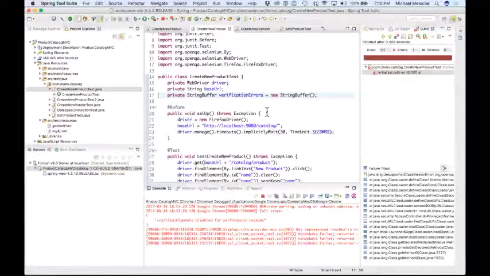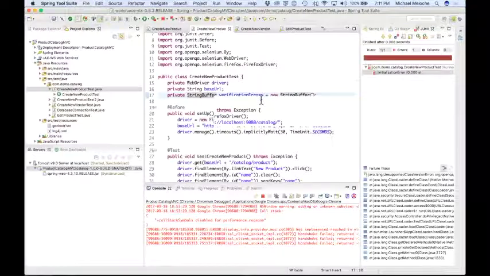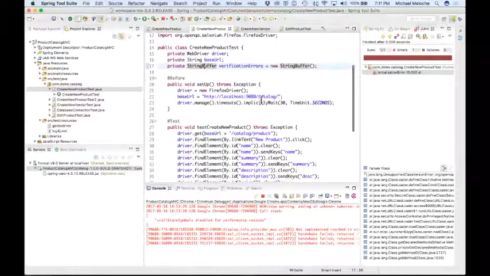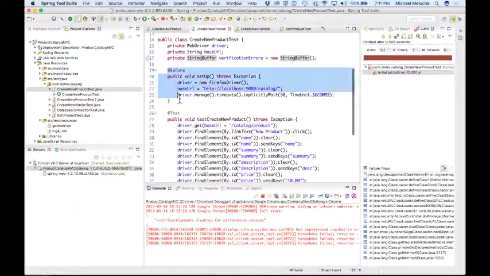Don't need this guy right now. That was just there if we want to do alerts. And then a string buffer for any verification errors that we want to record as we go through the test. All right, so this is at the startup of the test. So this is basically prepping the test to run. In here, this is where you want to define your driver, set your base URL, and set any other settings